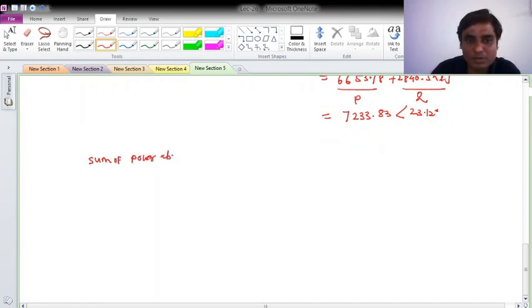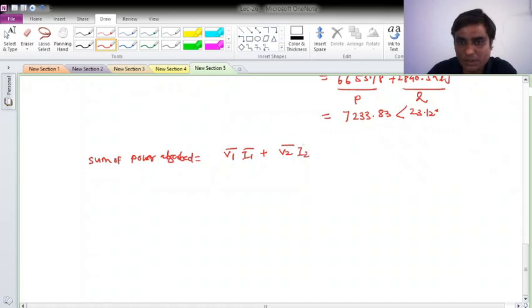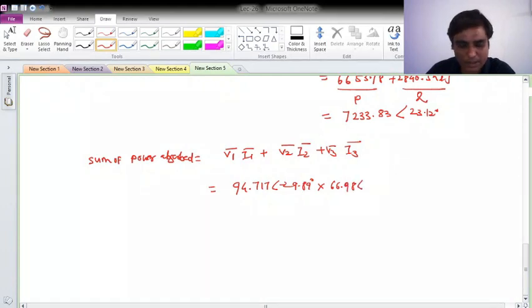Sum of power absorbed by all the impedances will be V1 phasor times I1 phasor, plus V2 phasor times I2 phasor, plus V3 phasor times I3 phasor. Now what is V1? It is 94.717 with angle minus 29.89 degree. This is V1 phasor, into I1 phasor, which was 66.98 with angle 15.121, plus V2 phasor is